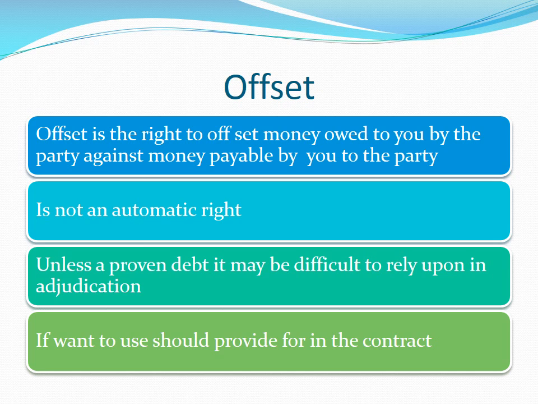It is not an automatic right. Unless a proven debt, it may be difficult to rely upon it in adjudication. If you want to use offsetting, you should provide for it in the contract. So like damages, unless there is a contractual entitlement, an adjudicator cannot offset amount owed by the client to the